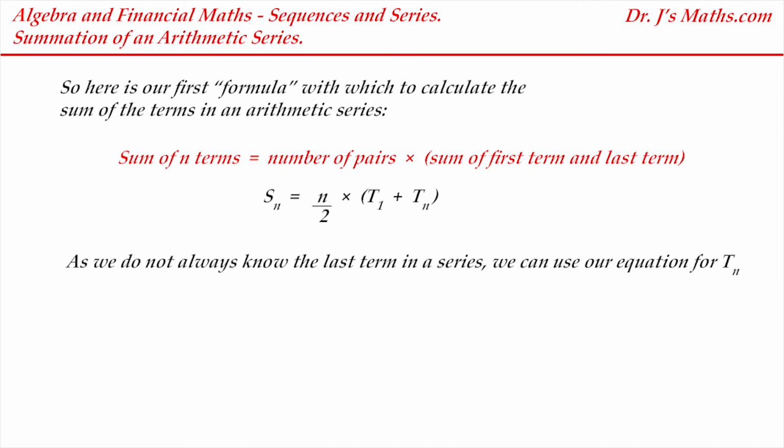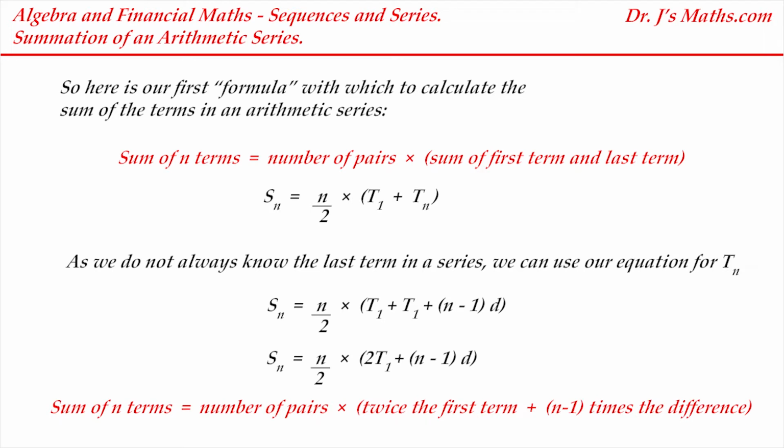Now, problem is we don't always know the last term, so we've got to be able to modify that formula. But remember that we've got the term Tn from our previous discussion. Tn is equal to the first term plus n minus 1 times the difference. So we substitute that in to our Sn formula, and we can simplify it to n over 2 times 2t1 plus n minus 1 times d,